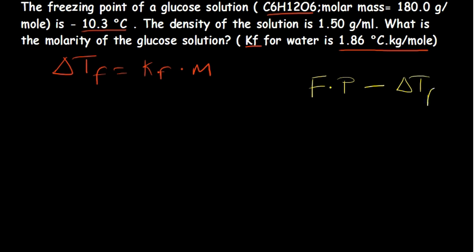Okay, so in this case what I'm trying to say is, since the answer is negative 10.3, if we try to find the actual freezing point depression, plugging in the freezing point to be 0 degrees Celsius there, you notice that you actually end up getting a positive